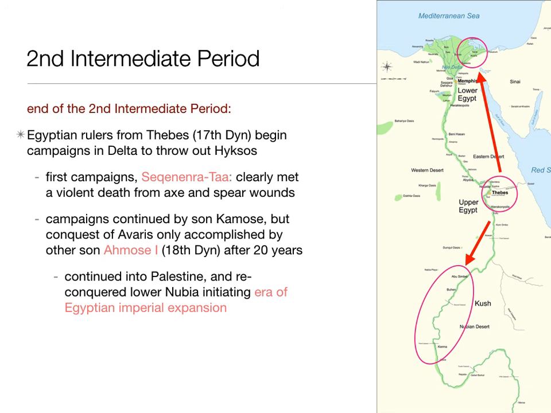It took 20 years or so to push out the Hyksos; he beats them back, takes over the Delta, and then continues into Palestine, and really he's pissed. He chases the Hyksos all the way up the Mediterranean coast, and then pushes down into Nubia again, and establishes essentially the beginning of the Egyptian imperial era, from the Mediterranean coast down into Kush, that will really take us into the New Kingdom and the imperial era of Egyptian rule.